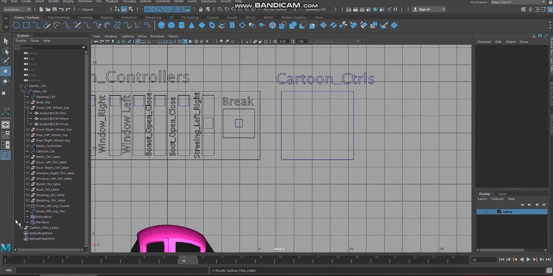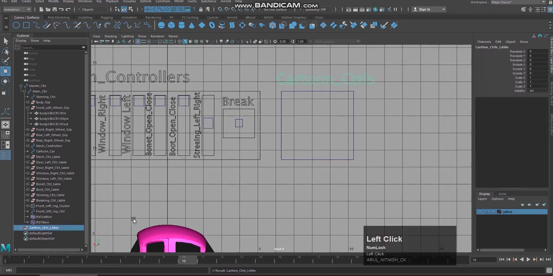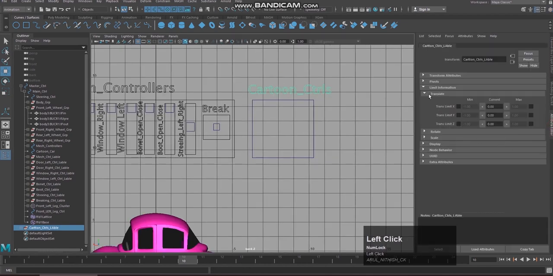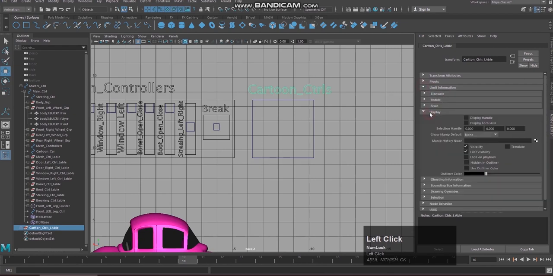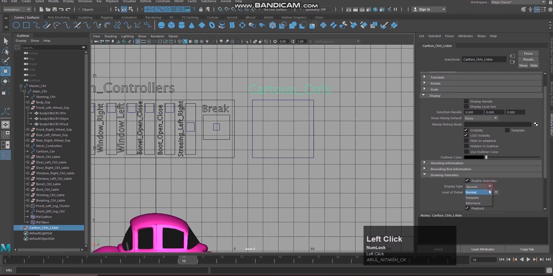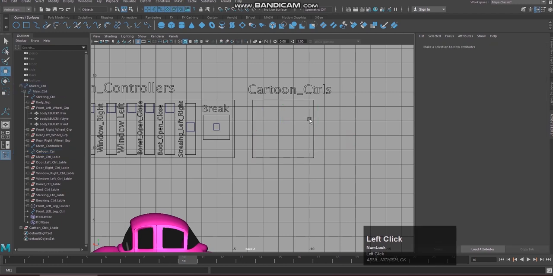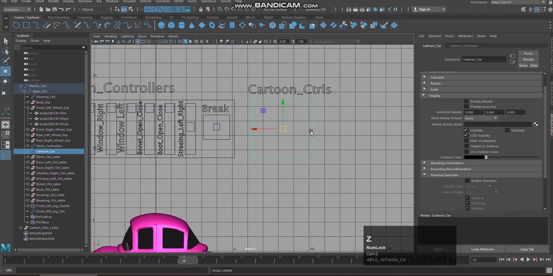Now select this thing, go to the attribute editor, limit information in the display, drawing objects, enable overrides, make it a reference, and this one also make it a reference. Sorry, before making it a reference, let us make a few duplicates of it. Control D.